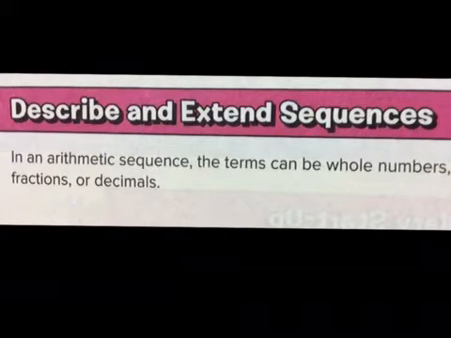Describe and extend sequences. Okay, an arithmetic sequence is when it goes up by the same term, right? But I want to make note that the terms can be whole numbers: 1, 2, 3, 4, 5, negative 1, negative 2, negative 3. It can be whole numbers. It can also be fractions, a half, a third, and they can also be decimals, 0.5. They can be 1/3, and so on. So make sure that you are able to pick up on the fact that it can also be a fraction